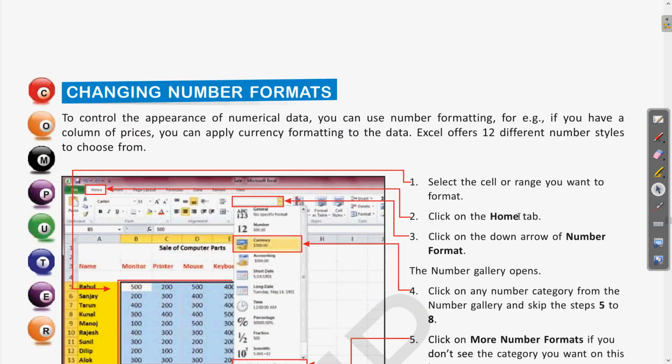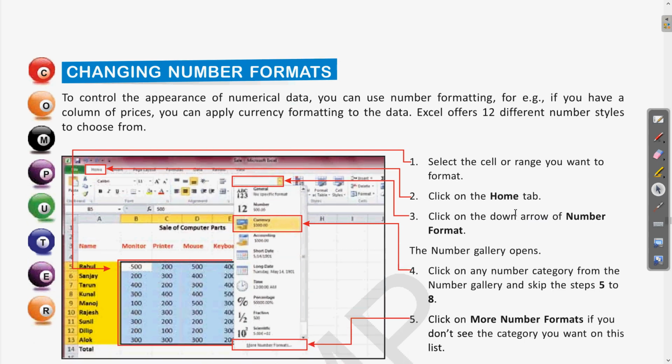Next is changing number format. Clear? So we all know that Excel worksheets are used for doing calculations, for saving the data in the form of rows and columns. So we can also have different numbers in that. If there is a business firm, any business purpose data, then they may have different types of values.